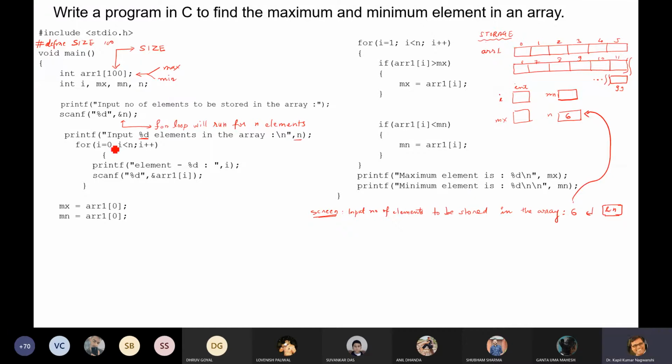Now come to the next line, printf "input %d". What value do we want to access with %d? n. So this n will be accessed here. So: input 6 elements in the array.